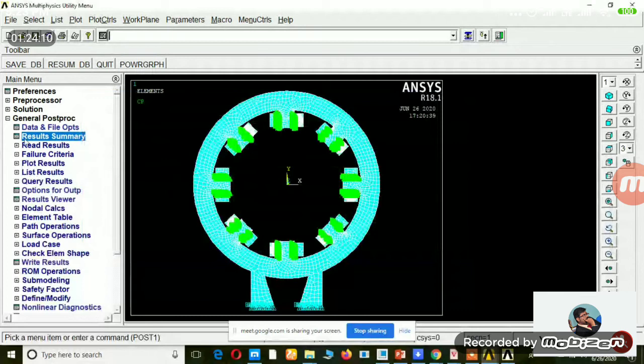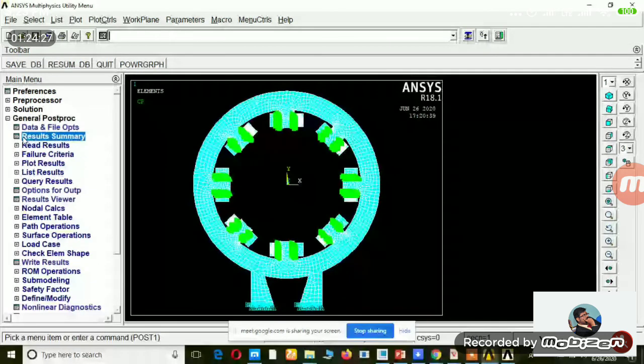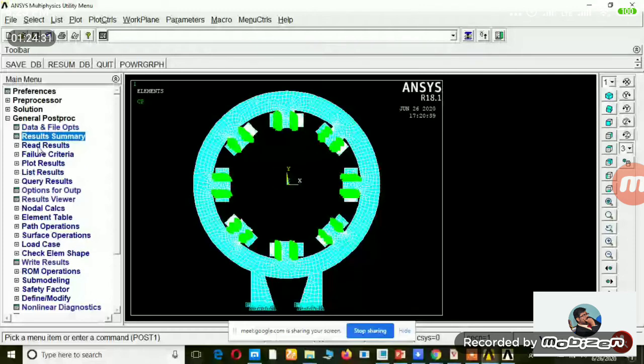Mode here means, as in MATLAB, natural vibration. The first 5 modes are first order harmonics, second order, third order and fourth order harmonics. Similarly in a machine, the vibration can be termed as mode 1, mode 2, mode 3, mode 4 and mode 5, right? So accordingly, if you want to see the mode 1 displacement, go to read result, select the first set,